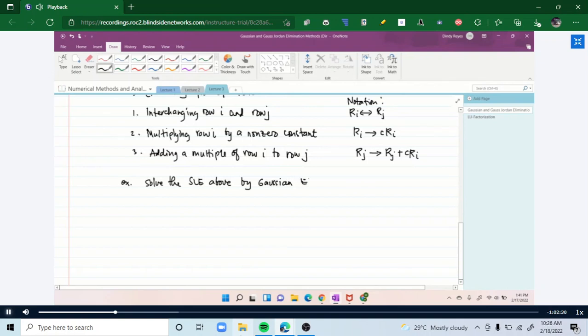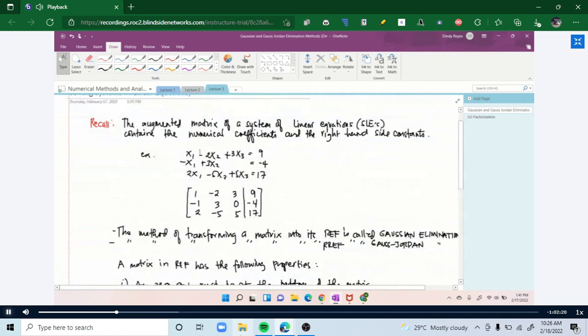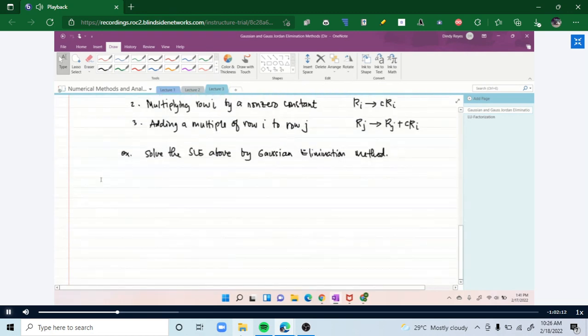Gaussian elimination method. Okay. So this is the system above there, and we'll be needing this augmented matrix, and then we need to